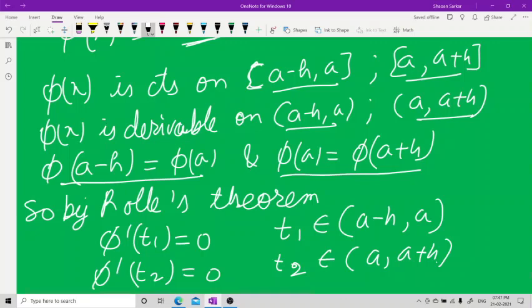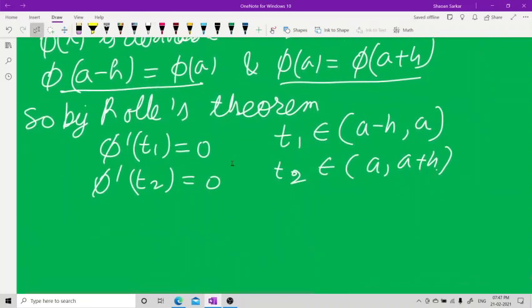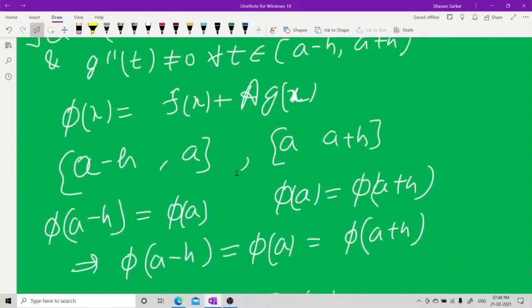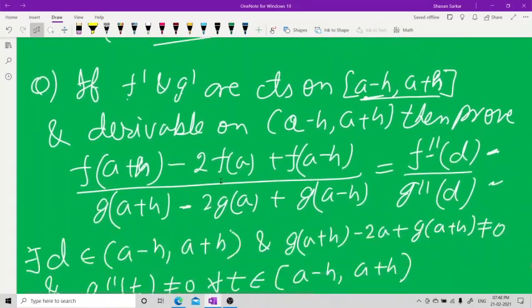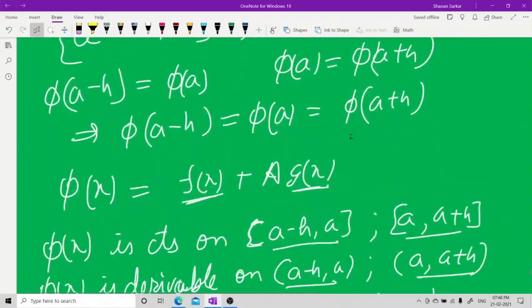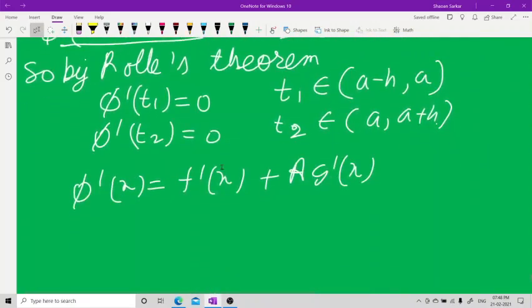Further, when you take the derivative of this, phi dash of x is nothing but f dash x plus a g dash x. Further, this f dash x, see in the question what they are saying. These are continuous and differentiable again. So again, you see one thing. That means the first two conditions of Rolle's are clear. So phi dash x is